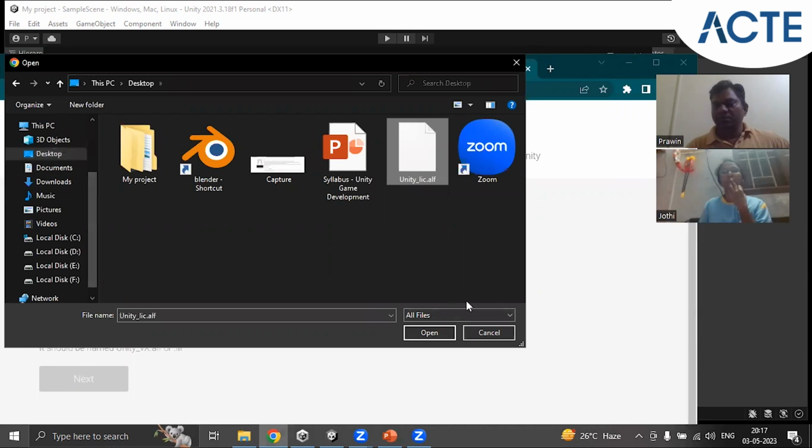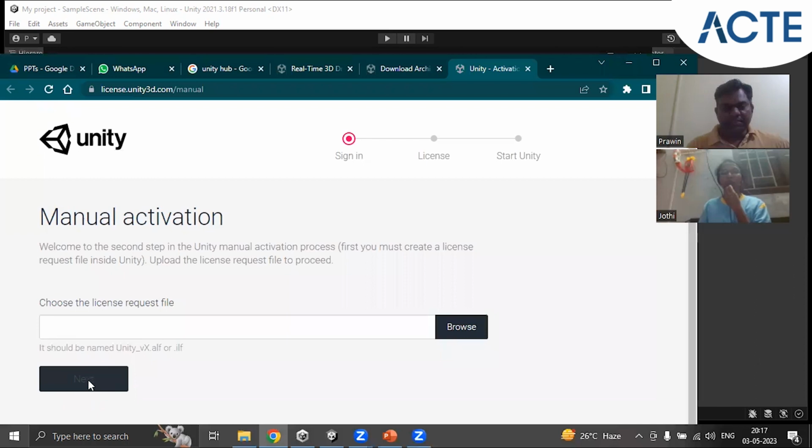I'm not selecting here because I already have installed that Unity editor. And then if you click on next, it will generate one file,